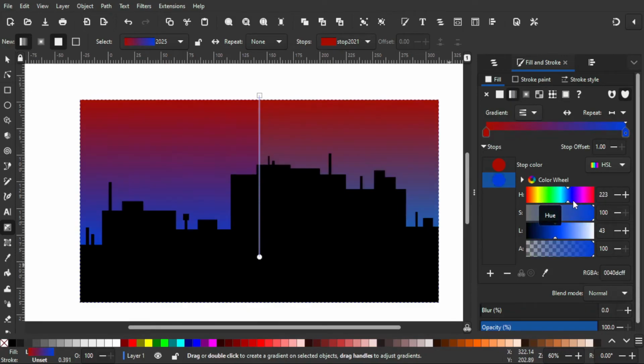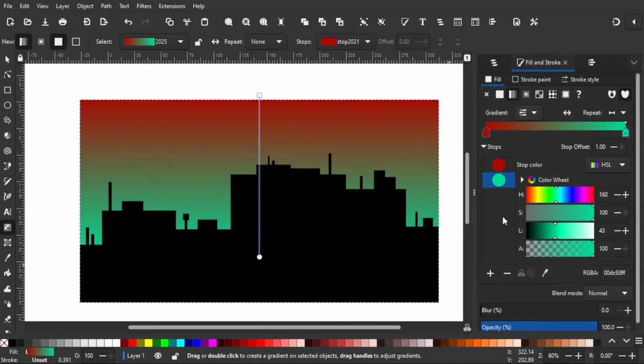You can experiment with your creativity right here, but I'm gonna choose yellow color for the sunset. Okay, but if you are confused with the color selection, you can copy my color selection right here in the corner.